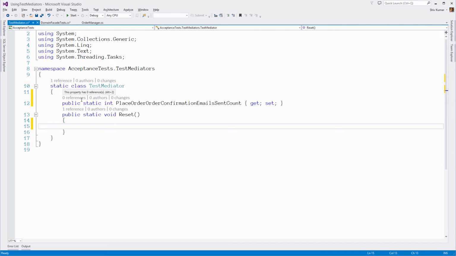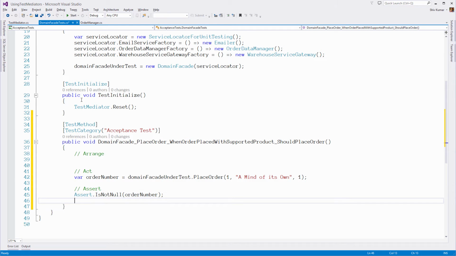And each time you define a property, in the reset method you want to always reset it. If it's an integer, you want to set it to 0. If it's an enum, you want to set it to the first element. If it's a reference type property, null it out. Right, so that's that. Going back to the test method,